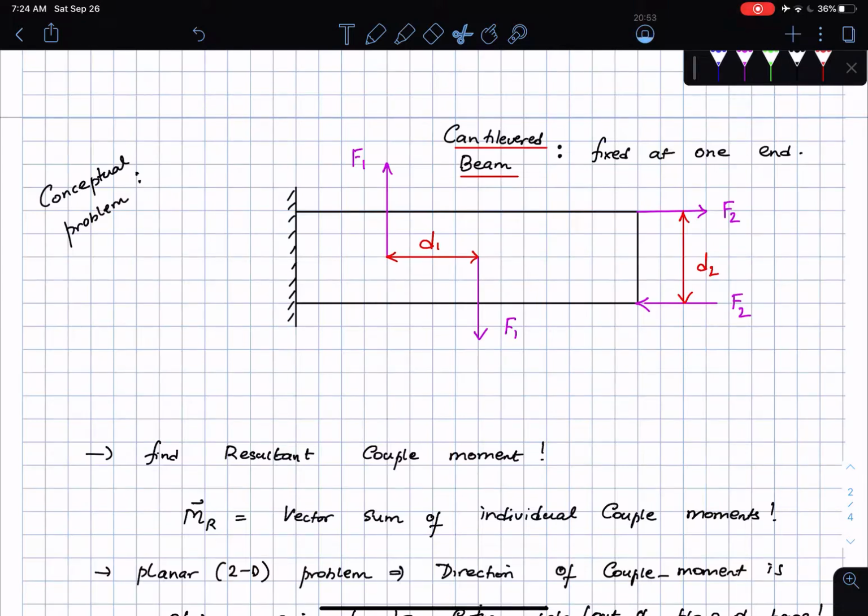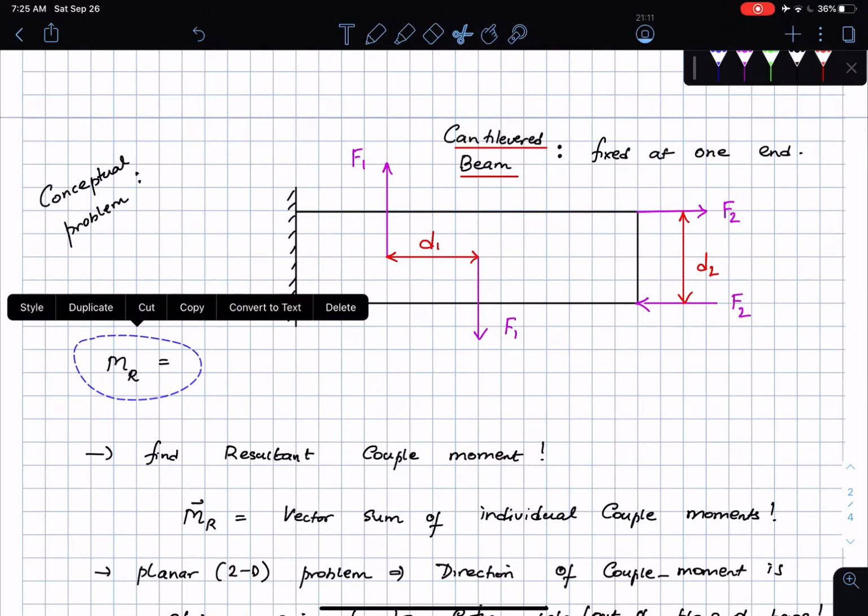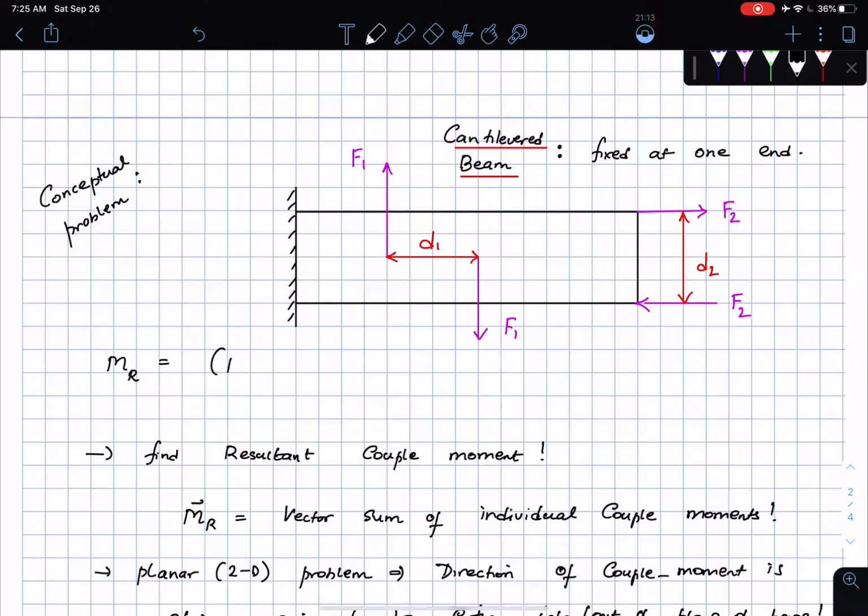Okay, and so let me write down the resultant couple moment, MR. I'm not going to put the vector sign anymore because I know the direction is coming out of the page. So let me first do it using magnitudes only. MR is going to be F1 D1. Now what is the sense? I use the right hand rule. Fingers of my right hand aligned with this last member F1, my palm facing the other one. I curl my fingers. My thumb is pointing into the board,